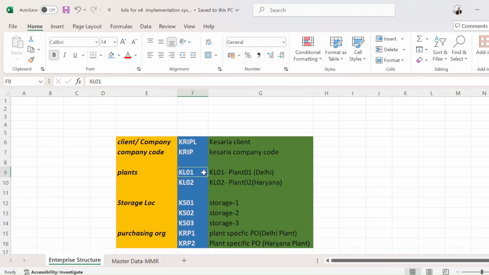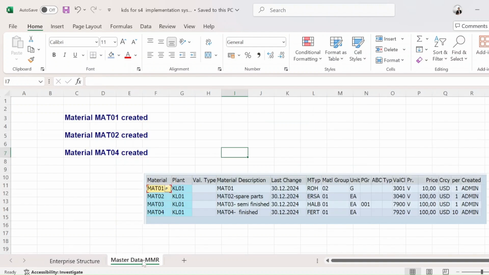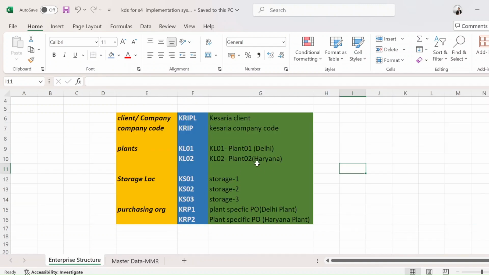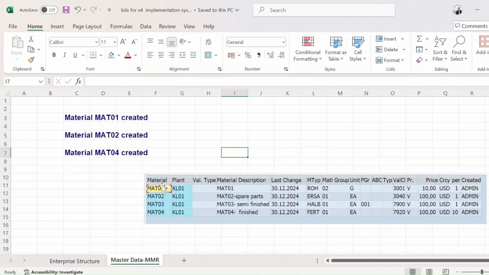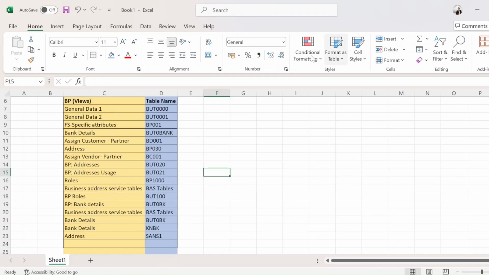That's the KDS file, key data structure file, where you need to prepare each and every piece of data. In real time also we used to prepare that KDS file, with details like the client, company code, plant, storage location; all of it we used to maintain in that. So that's a key data structure. Master data, vendor master data, material master data, everything you will just maintain in this KDS file. Okay, you need to prepare that.